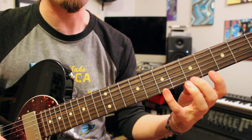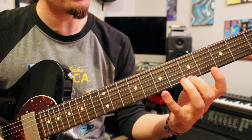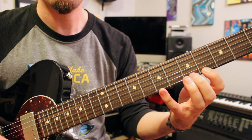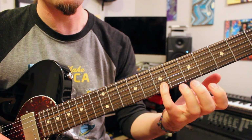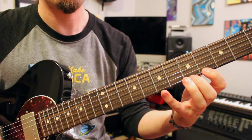Your first grouping of meedly meedlies is going to be situated here on the high E string using fret 7, 5, and 4 2 times in a row. After that, what you're going to do is to play basically the same pattern but right above you on the B string. So now you have...